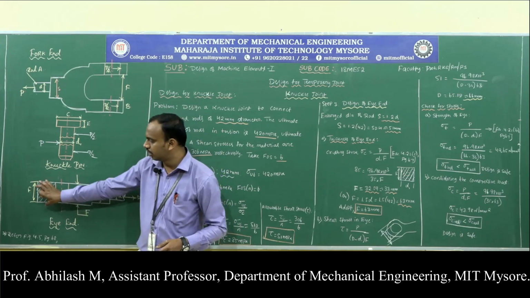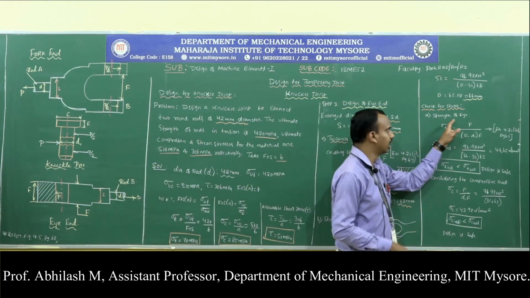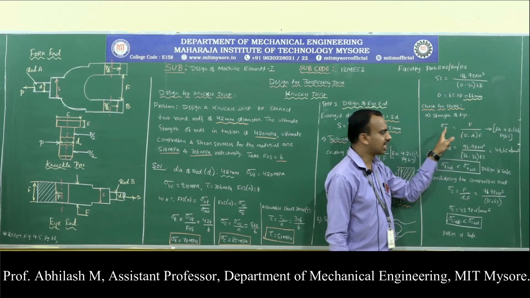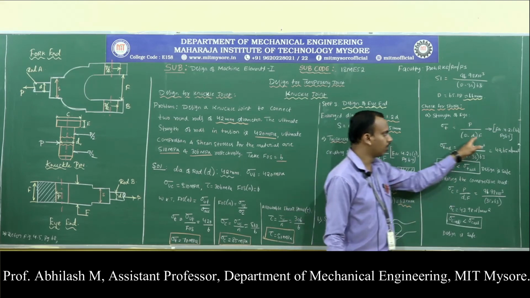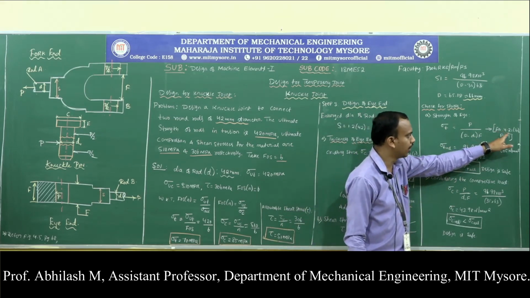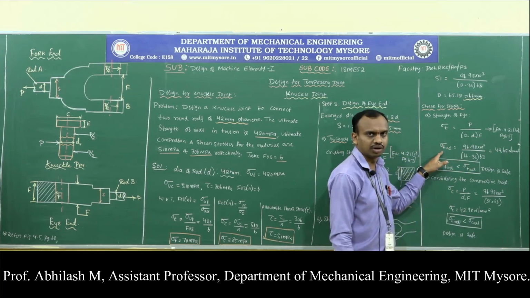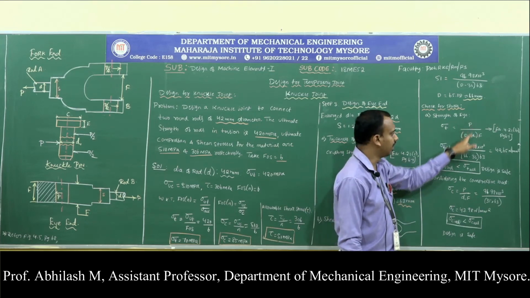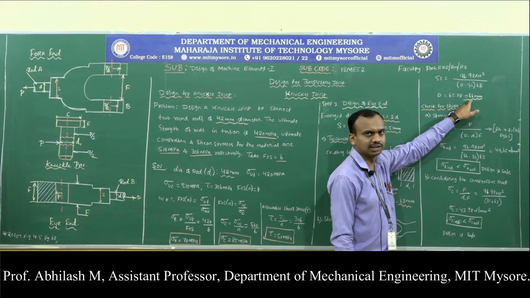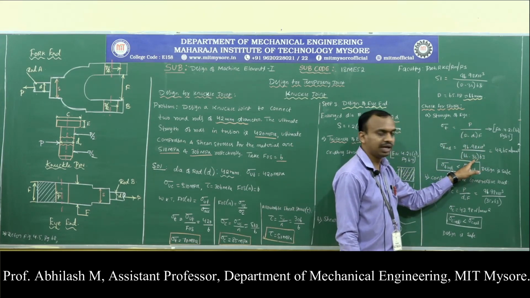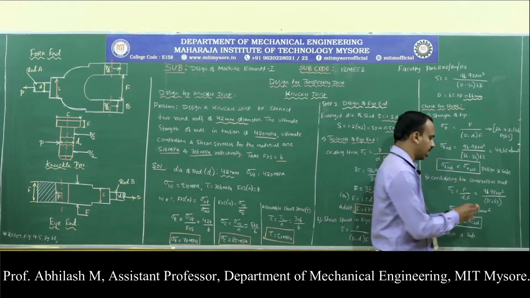We have calculated the dimensions F and D, but we are supposed to check for the stresses. So the first step that I have done is the strength of an eye, which is given by sigma T is load by area. We know the area is (D minus D1) into F, which is available in equation 4.21b under page number 61. So sigma T, that is what we are supposed to calculate, the induced value. P value is 96.98 into 10 to the power of 3. D, just now we have calculated, is 66. D1 is 35 millimeter and F is 63 millimeter. So substituting the values,